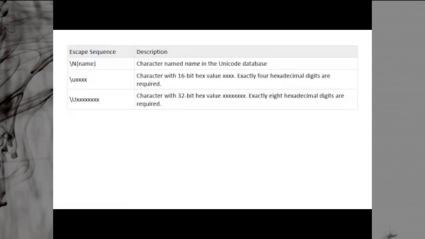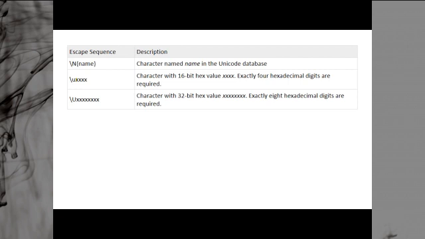Then we have other, special escape sequences like backslash N, which is for a Unicode name. If you want to use a name from the Unicode database, like sometimes we have a key character but no symbol associated with that particular character. Just take the example of the escape key. If you press the escape key, it will not print any character onto the screen, so there is no character associated with escape, so you can use the name ESC.